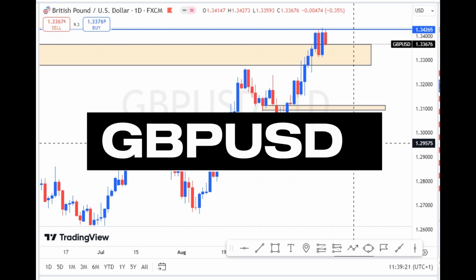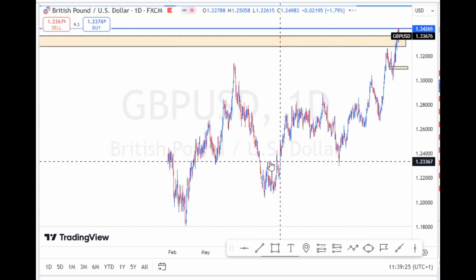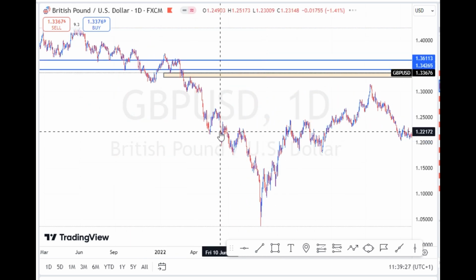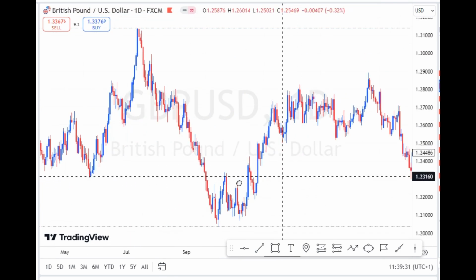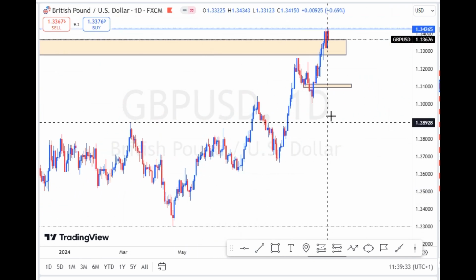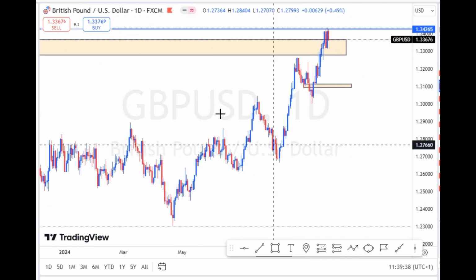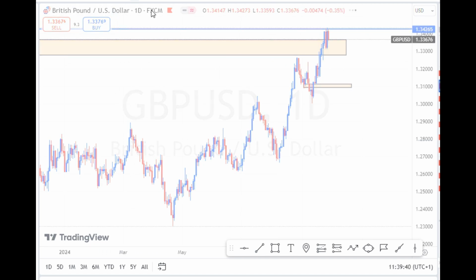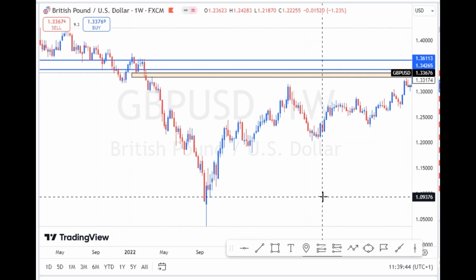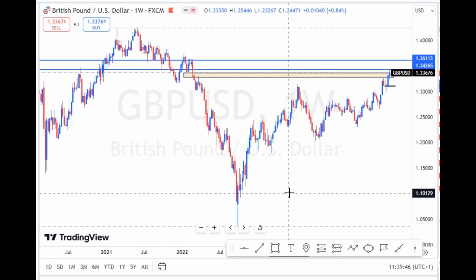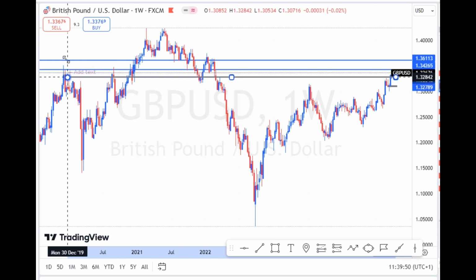Great British Pound USD on my daily chart closed on a long-term support level on the daily chart. So long as price closes on this support level on the daily chart, we'll be expecting price to reverse on the daily chart. So let's look at the weekly chart of the Great British Pound. On the weekly chart, you can see that we have price close on a major resistance here on the weekly chart, which stands as